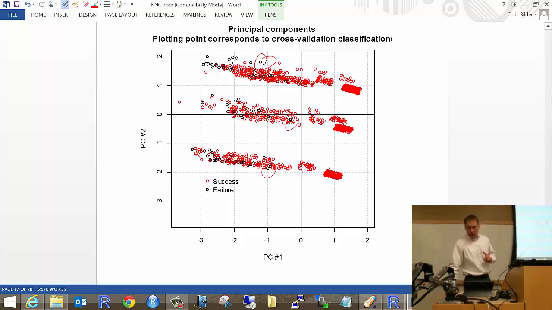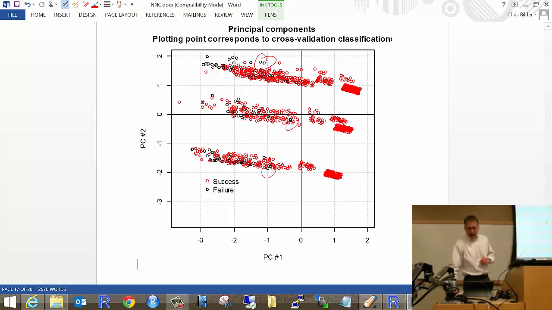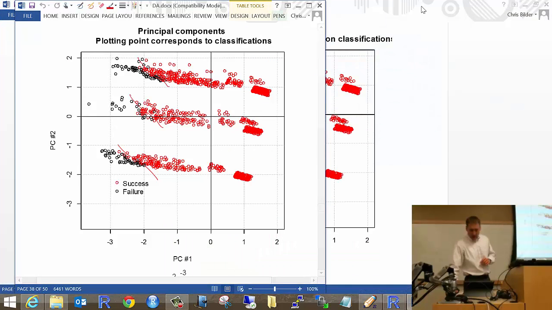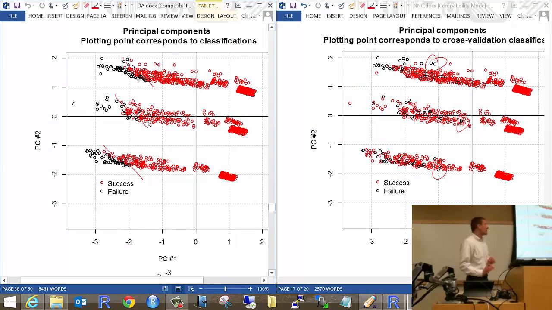Now, the reason why I want to point that out is I want to compare it to what we got from discriminant analysis, and the best results that we got from discriminant analysis. On the left here we see from discriminant analysis, this is actually linear discriminant analysis with equal covariance matrices, and on the right is then the results from nearest neighbor classification. These are the classifications from both. You can see some big differences on how decisions are made, in terms of successes or failures,